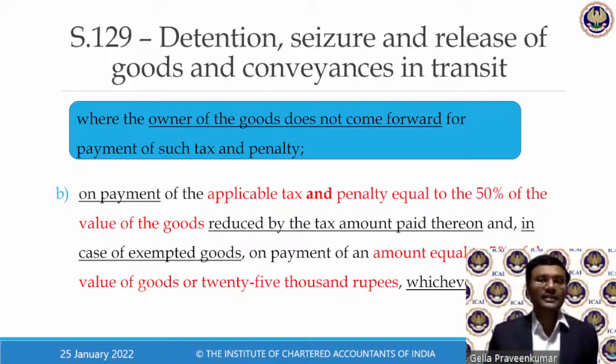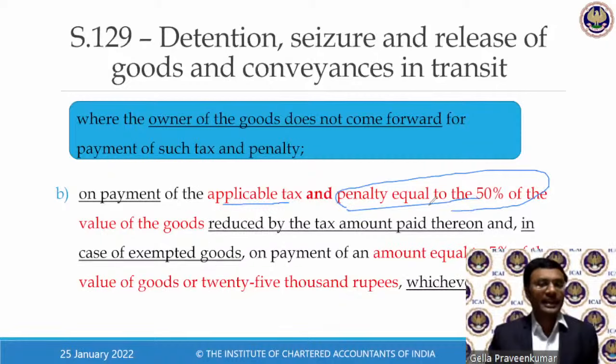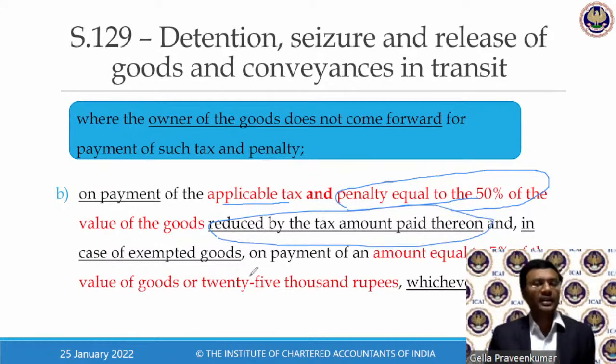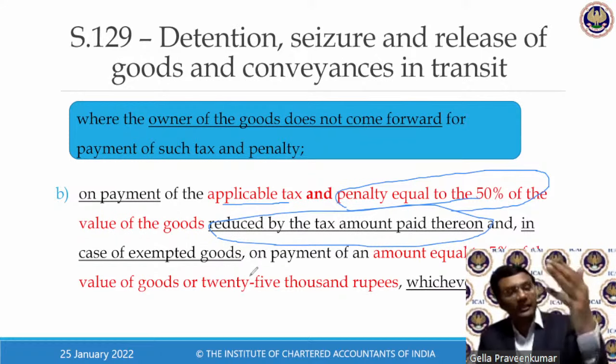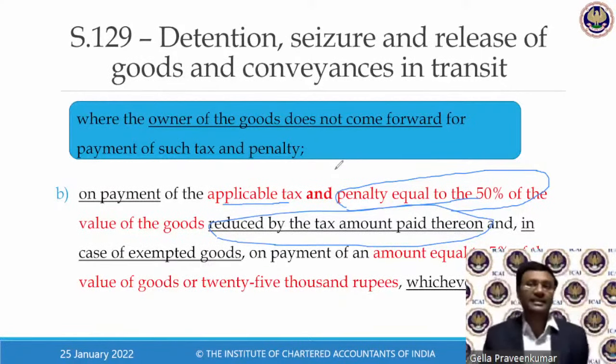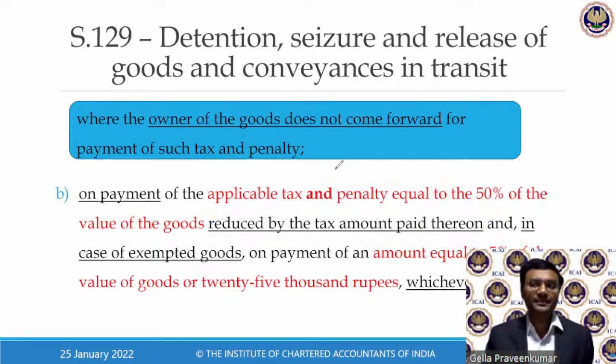Then what does the law say? Applicable tax along with penalty equivalent to 50% of the value of the goods reduced by tax paid thereon. So penalty is 50% of the value of the goods minus tax. Minus tax. So if I go back to my Excel file,